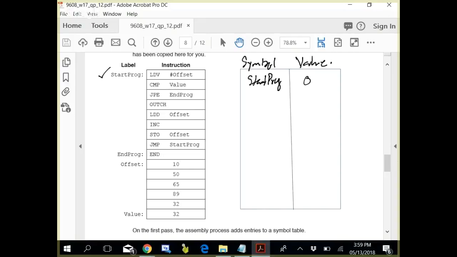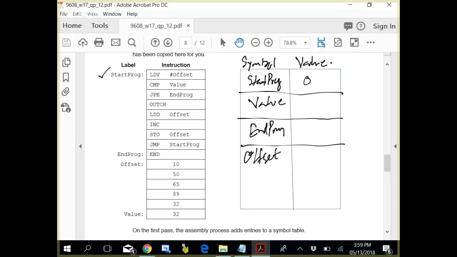Value. Now this is forward addressing. We don't know. It would not be initialized. Jump to end program. Not known. Out, there is no symbol there. LDD offset. So offset unknown. Then increase. Then store offset again.